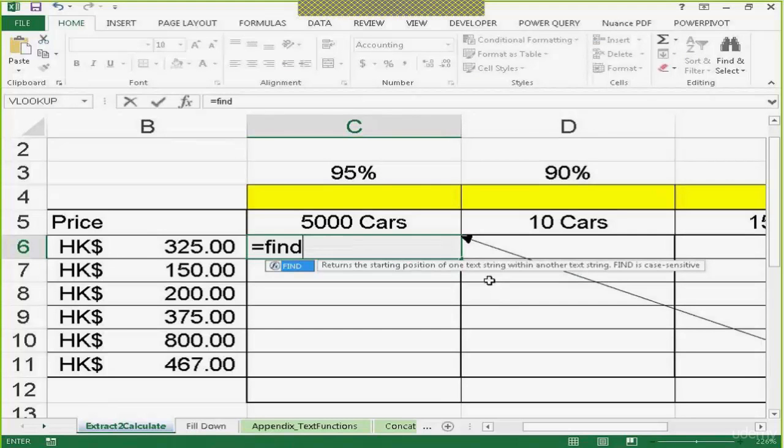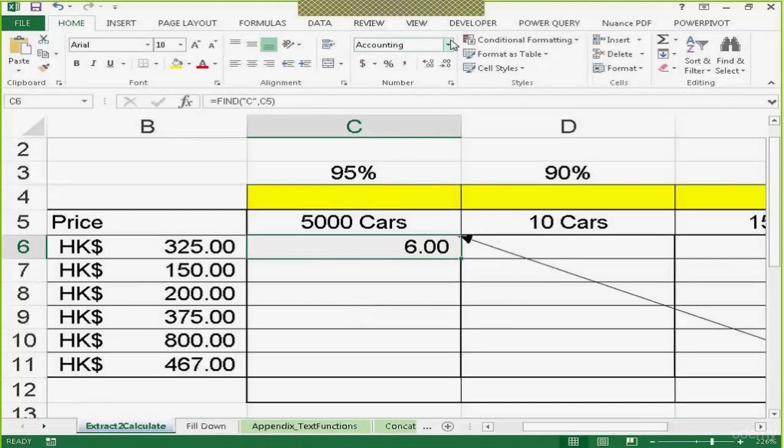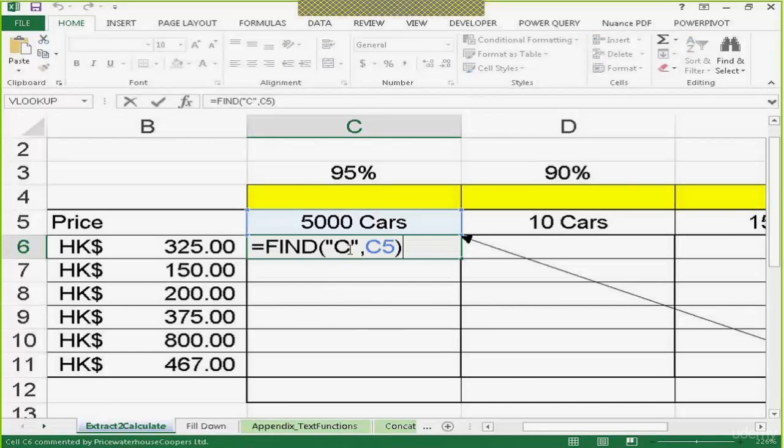So what this means is, let's say supposing we find the letter C in C5. So within text means where is that? So that's in C5. And let's close the bracket and let's look at the answer. So it shows 6.00. We're just going to change back to the general format. So it shows 6. So we find the letter C and it shows the position number 6, which is